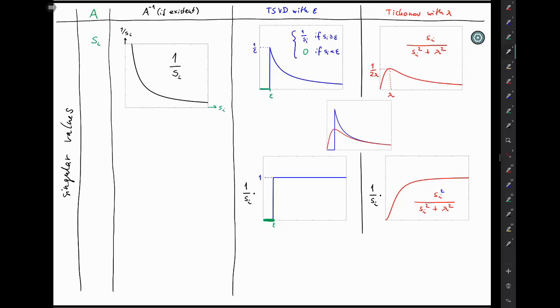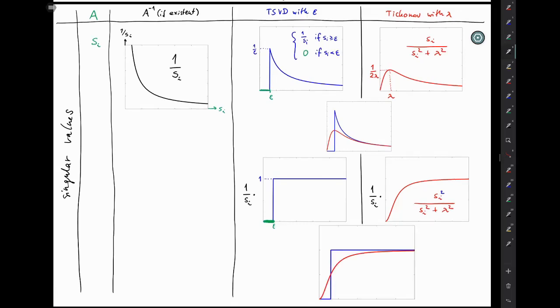Excellent. And now let's bring this comparison in. And now we can nicely see that they both tend to 1 as s goes to infinity, which of course means that for large singular values you get the same behavior as in the black curve. Okay, but they have different strategies to deal with the singularity close to 0. Black one just simply cuts off, and the red one does a somewhat soft cutoff.